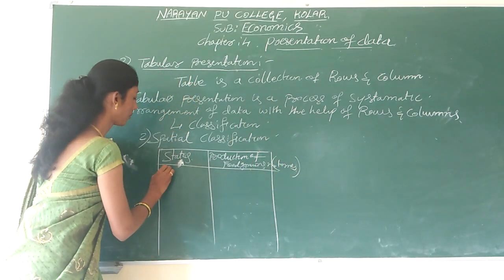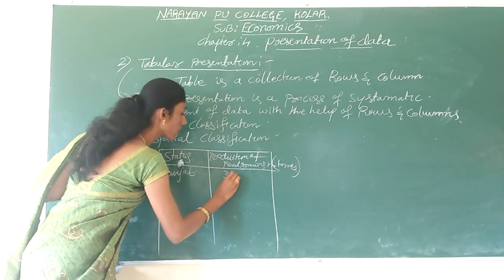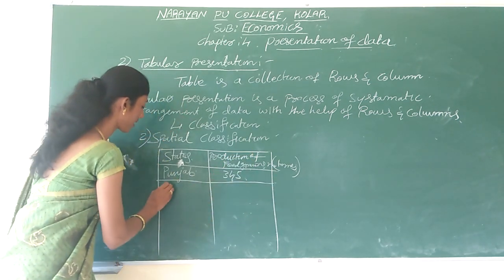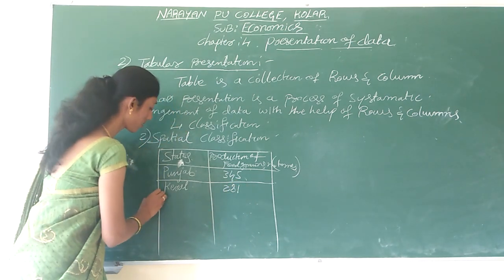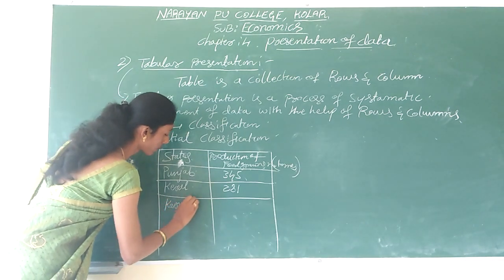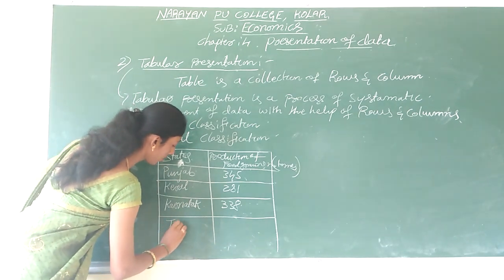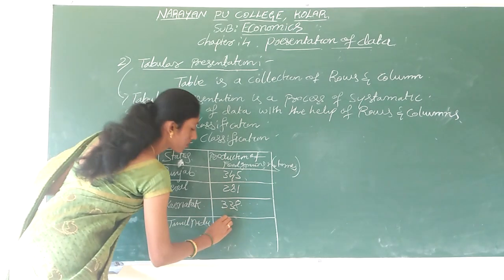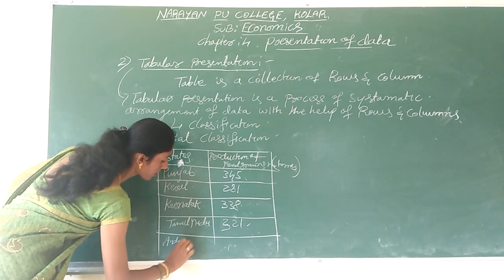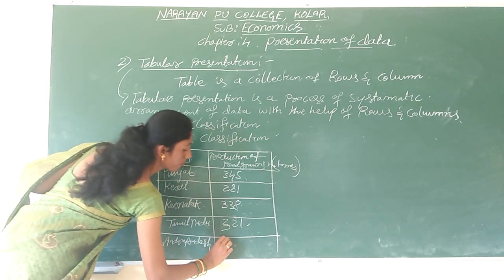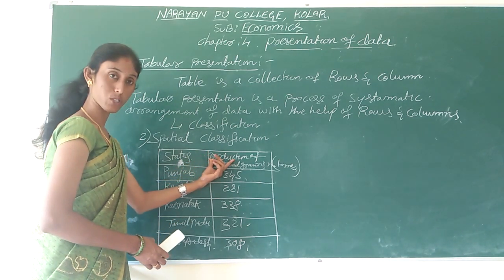Production of food grains in tons. In Punjab, the production of food grains is 345 tons per annum, and in Kerala 281 tons, and in Karnataka 338 tons, and in Tamil Nadu 321 tons, and in Andhra Pradesh 308 tons. Likewise, we are collecting the data related to the production of food grains, and for further